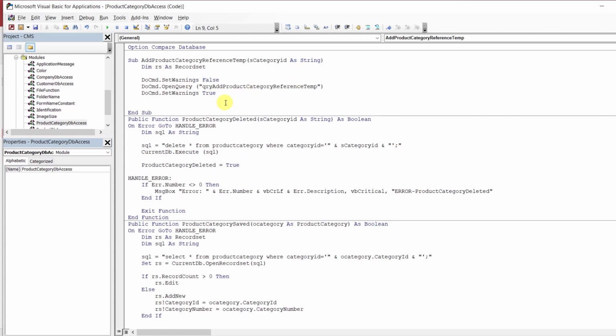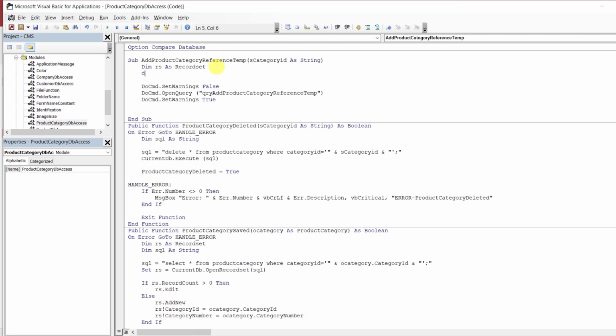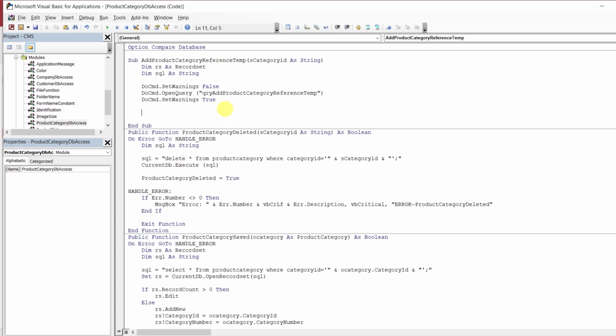Let's use our favorite SQL as string. Perfect. So once we're done that, we want to say SQL equal select everything from product category